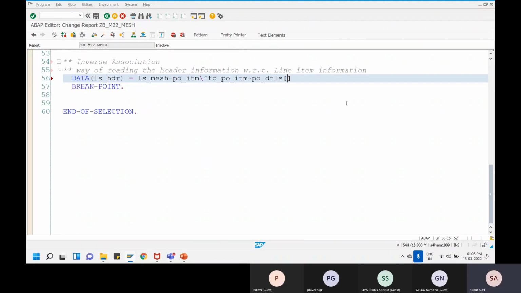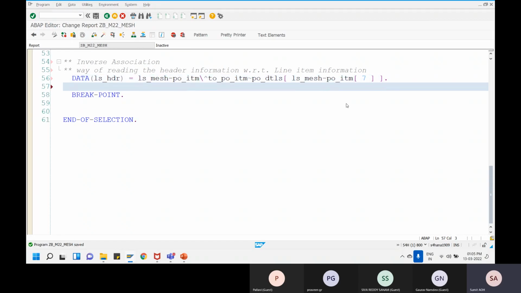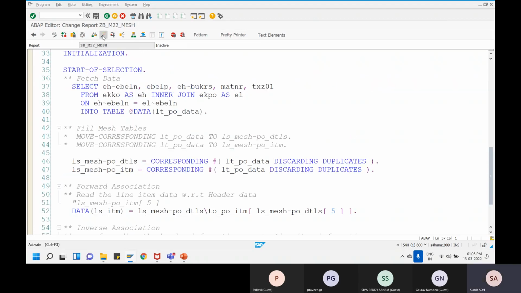And here I would be providing the reference for my line item. So I'll just say PO mesh, PO item, whatever is the 7th purchase order item, get me its relevant header information. That is what I am asking the system to perform for me. If I just say activate,